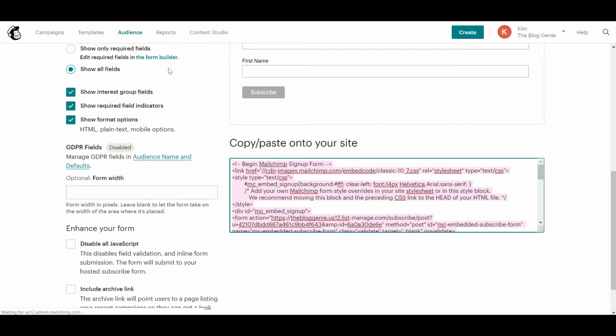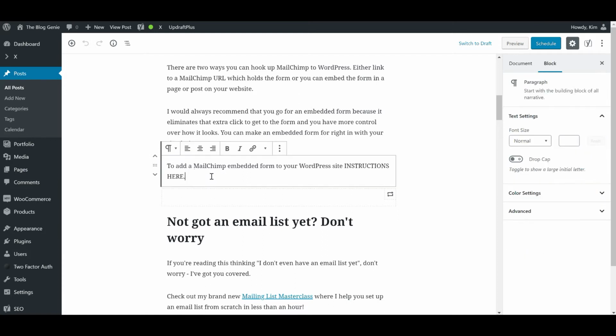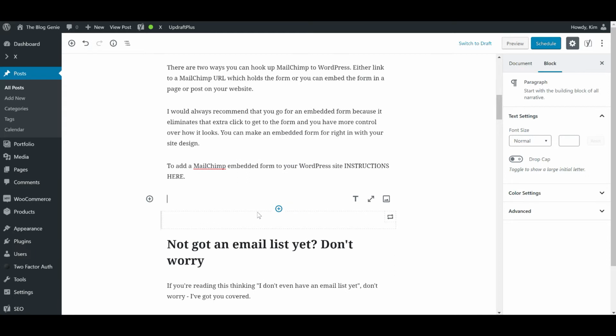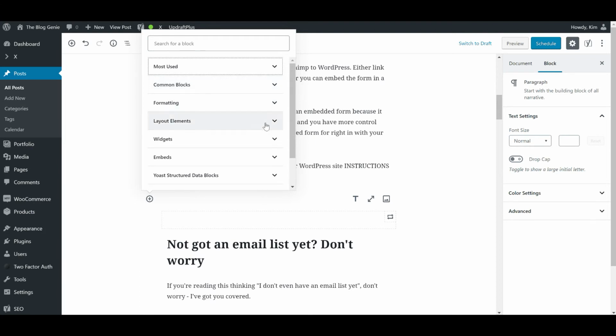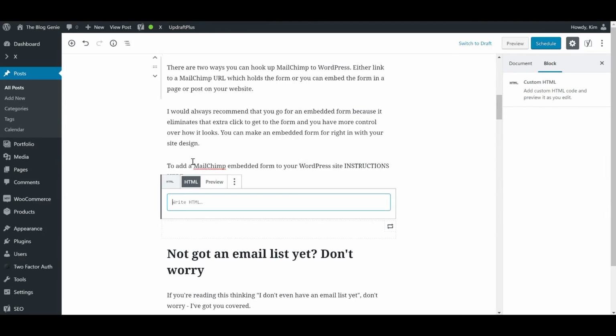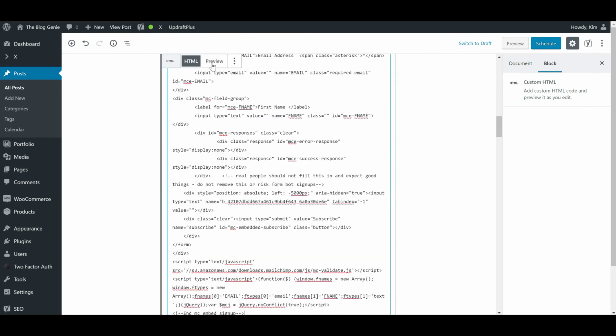We're now going to head over to WordPress, add an HTML block, so insert after, add, custom HTML, right click, paste, hit preview,